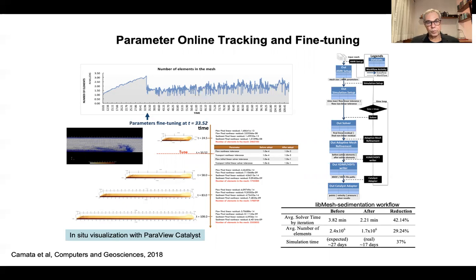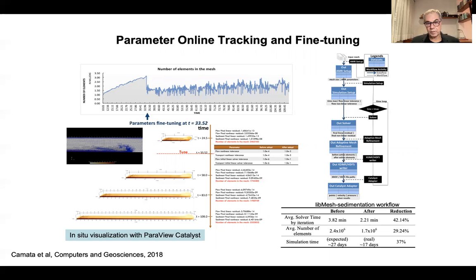At a certain point, taking a look at the flow and the nonlinear tolerance, we decided that we can relax a bit, keeping the same accuracy with less elements. We made this intervention at runtime, and because this was a long-running simulation,